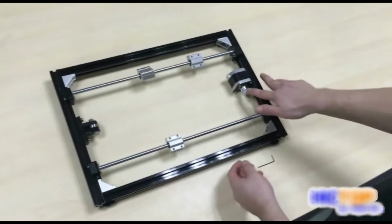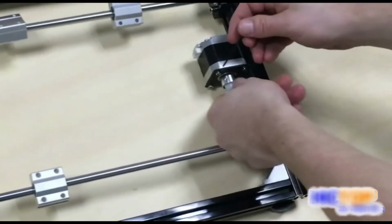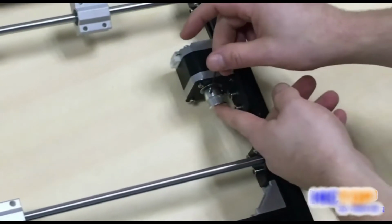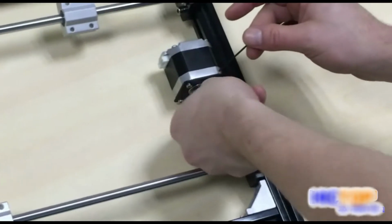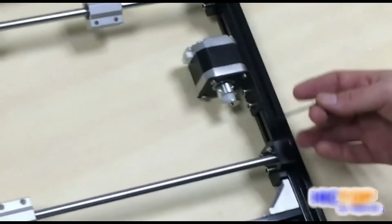So we have secured our belt pulley to our stepper motor, and we tightened securely our 2 screws in our belt pulley. It is important to know that you've tightened them securely because we do not want to lose steps in our printing process later after we finished our...